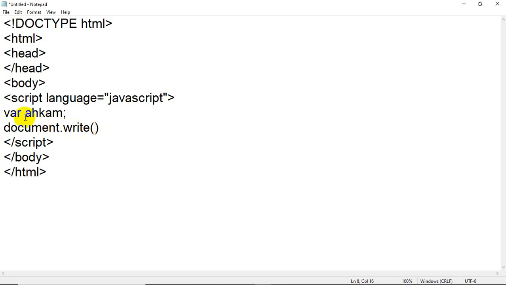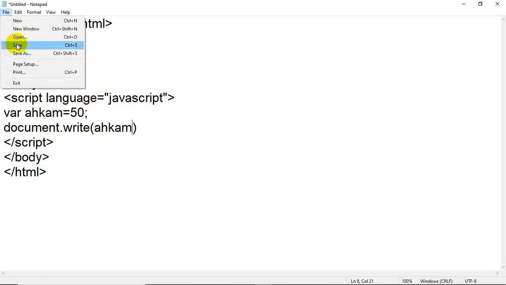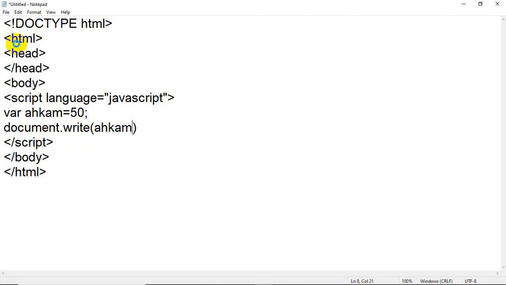For example, if I have written var acom equal to 50, I have declared a variable whose name is acom and whose value is 50. So if I write acom over here, I want to access the value of that particular variable. When I save the file, click on save.